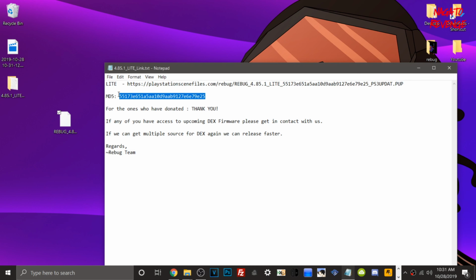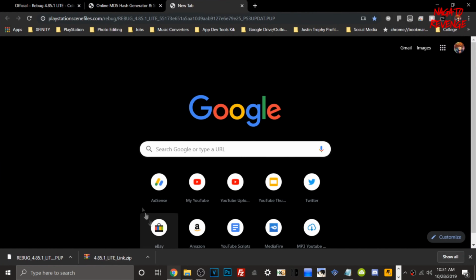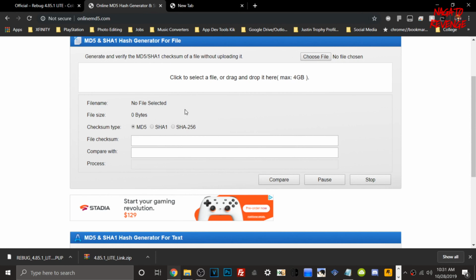It's optional, but I always recommend people do this, since we want to check if our firmware is the official firmware, and as well, that it's not corrupted in any shape or form. So what we're going to do is highlight the MD5 hash, and then hit Control-C on our computer. We're going to go to this website called Online MD5 Hash Checker, and what this website basically does, let